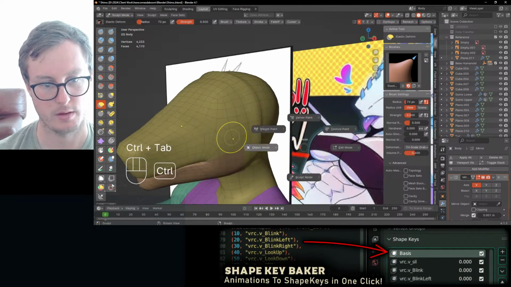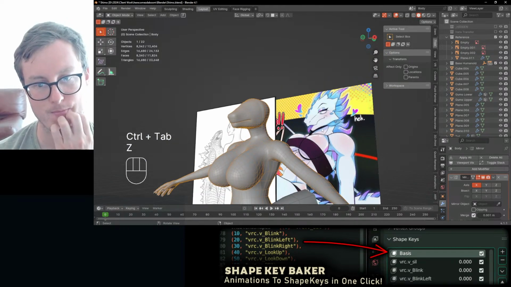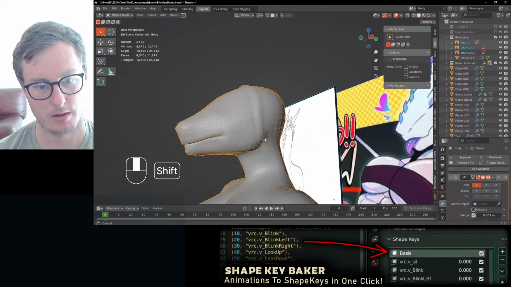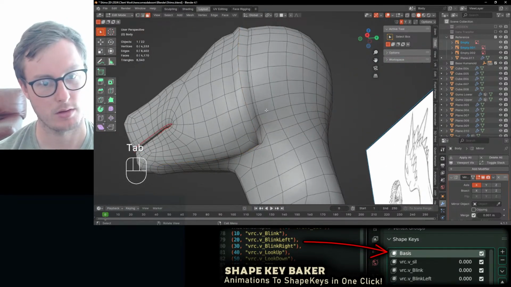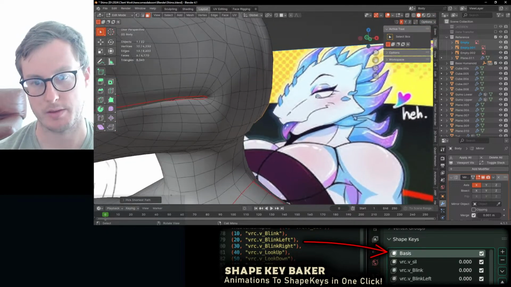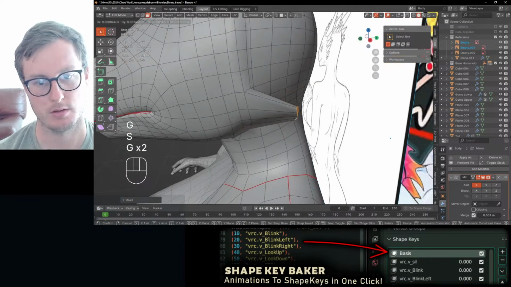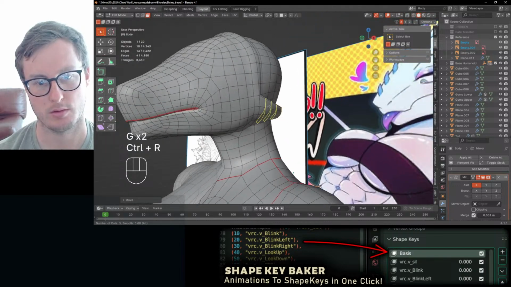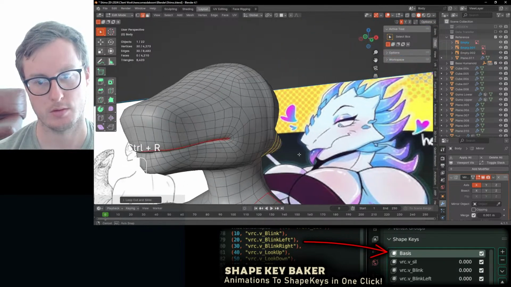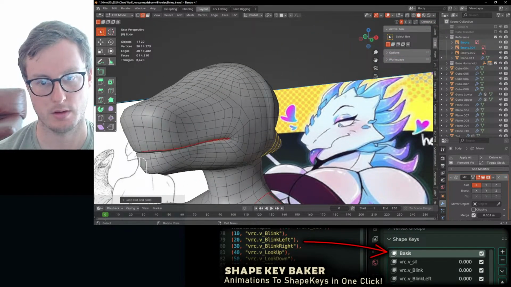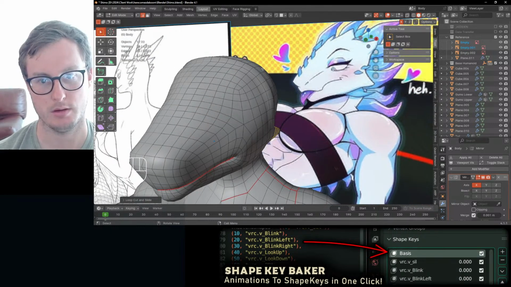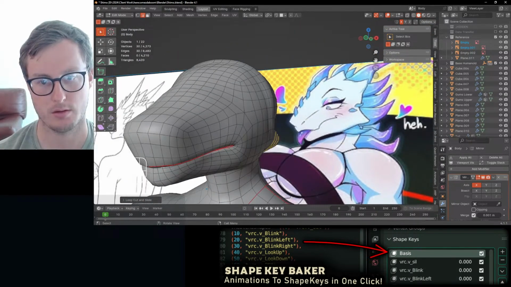Then got these spikes here. There. And there's a split one. Another one, so